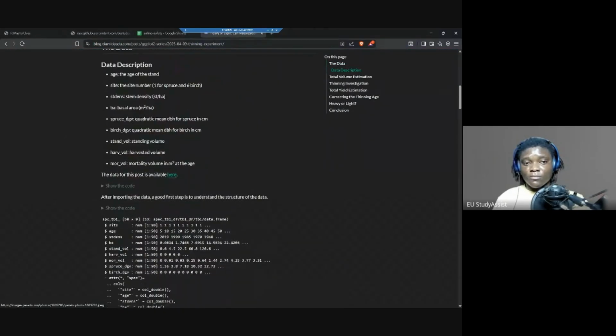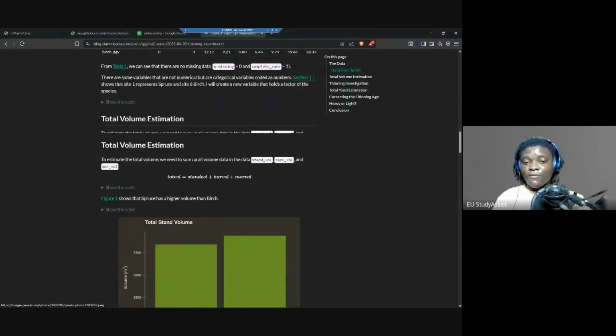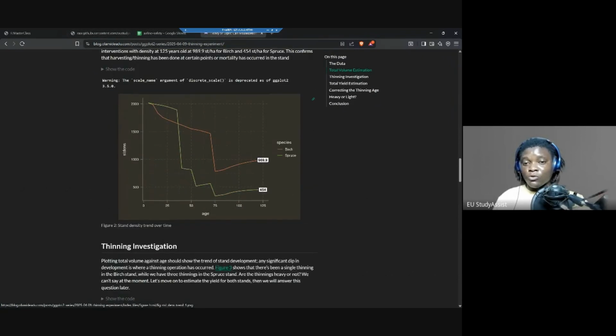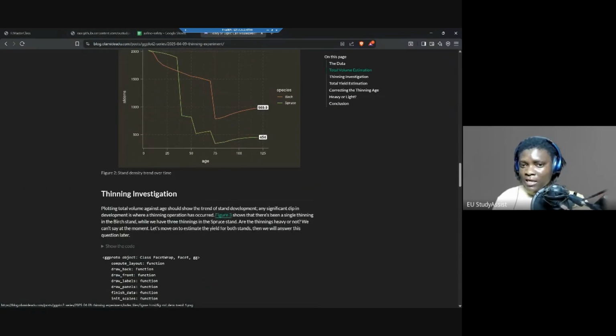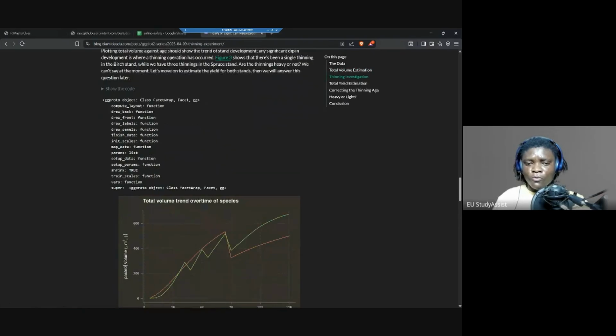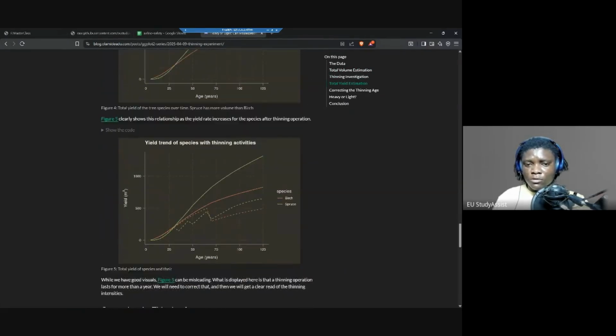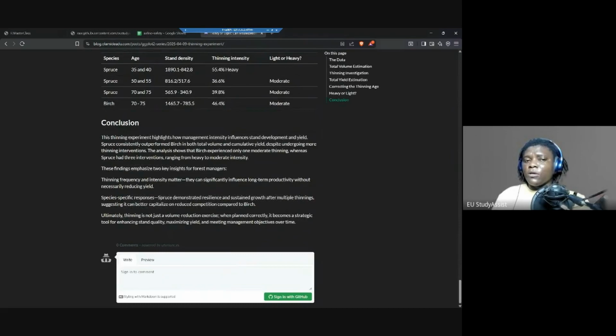Now, this is something that is typed out. And if there are visualizations, you are going to see the visuals all through. You are going to have things like this. And I think this is showing a bit of info. There are visualizations, different things. So this is something that